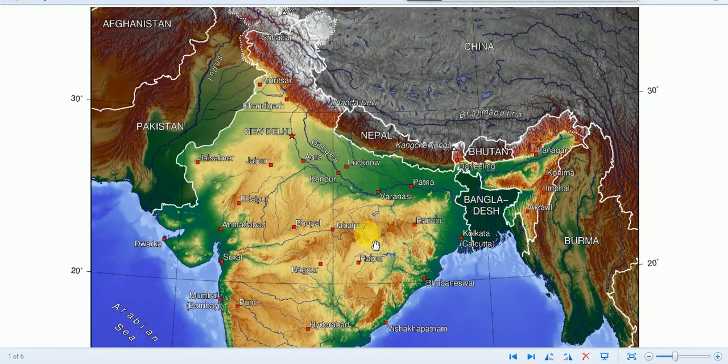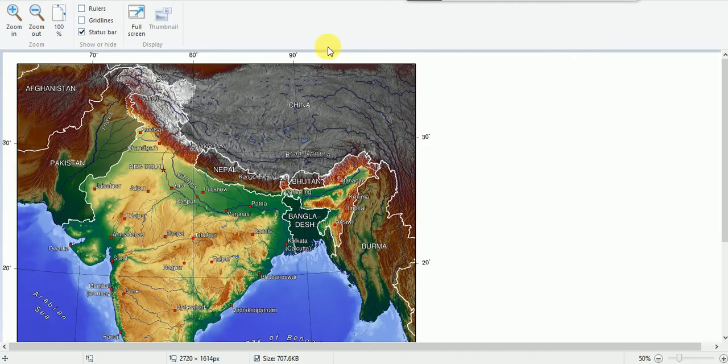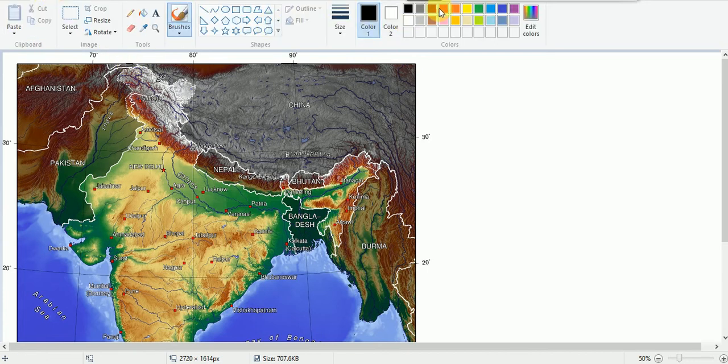So when we compare this physical map of India with the dot map showing the distribution of population, then we find that